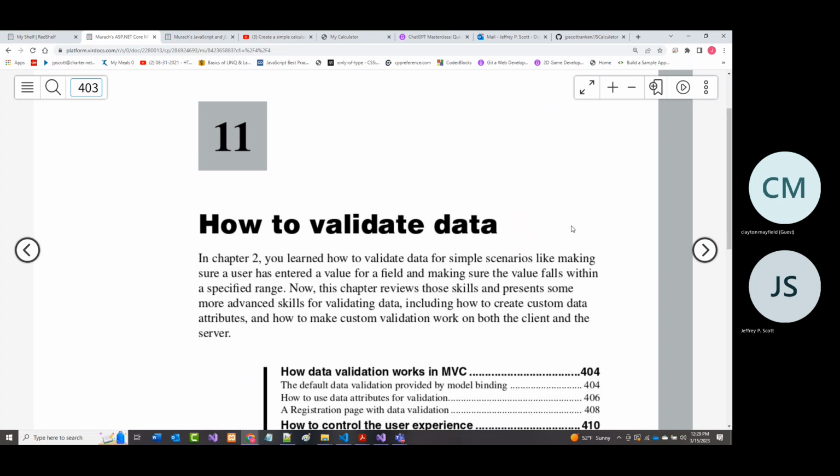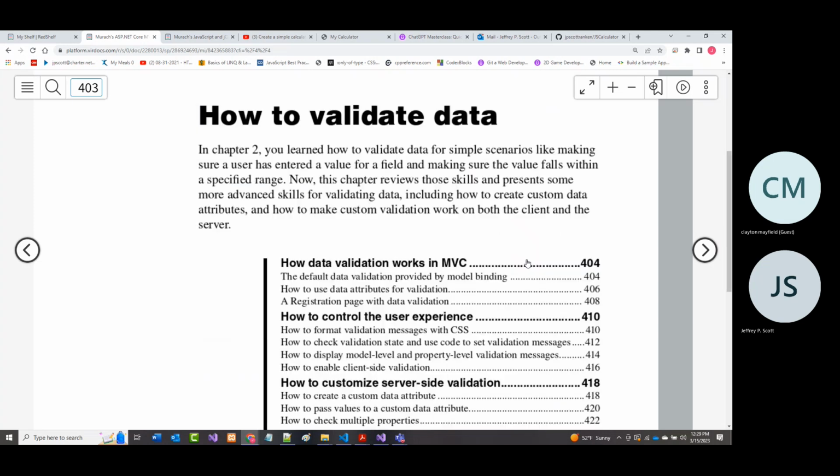All right. Let's jump right into chapter 11 then. And as you can see, chapter 11 is on how to validate data. Now, let's talk about what we already know, and let's talk about what we learned in an earlier class, and finally what we're going to be doing in here today. All right.